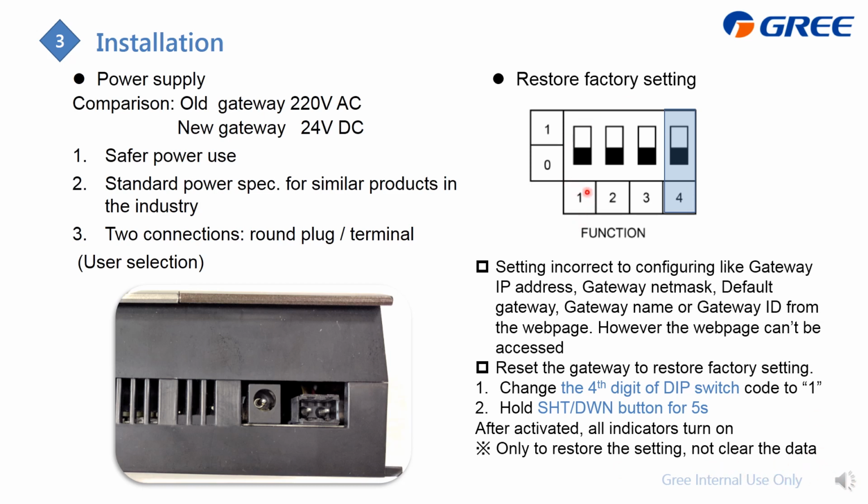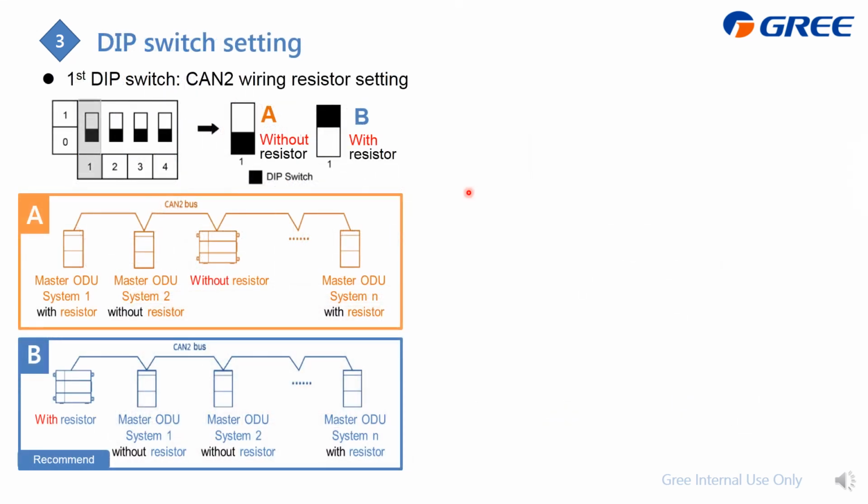As for the DID 1, 2, 3, I will introduce them later. They are just to activate the built-in resistors. The first step is to activate the built-in resistor. It is for the CAN 2, which is the G1, G2 wiring. And here it is the A and B situation. For situation A, it is without, which means you put this gateway in the middle. With this one, you don't need to activate it, but at the top and tail, you still need to wire the resistor.